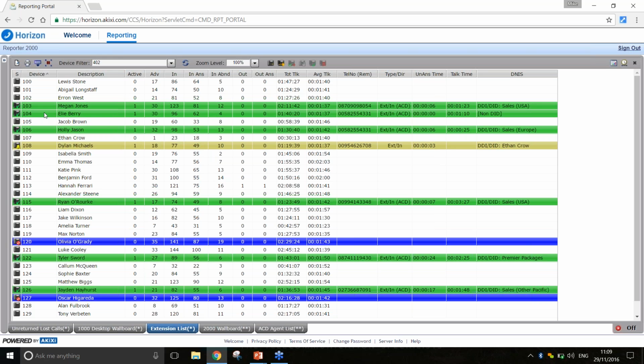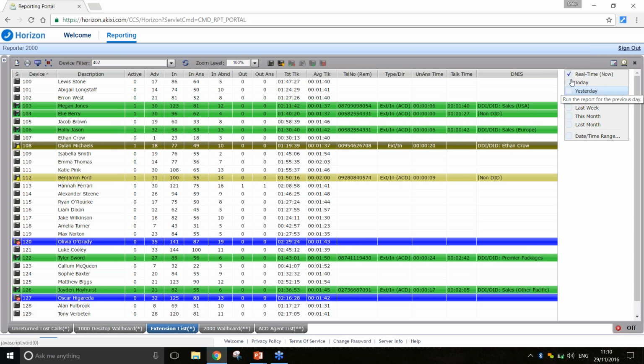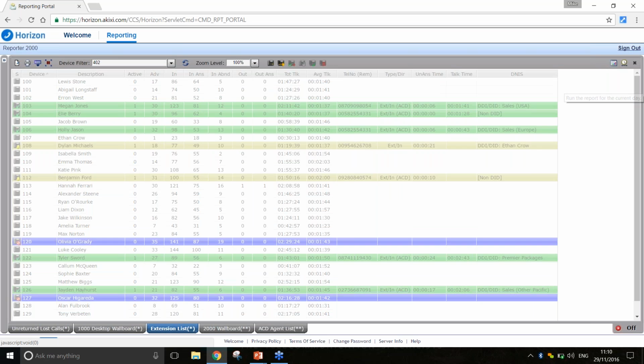Previous one I tried to move along, Ellie was already on a call when I picked her randomly. But we can move live calls around within the call flow, and we can see who's on calls in real time and control the phones. We can view this report in real time, or we can look at any of the reports in Akixi in different time frames. So if we look at it for today only,